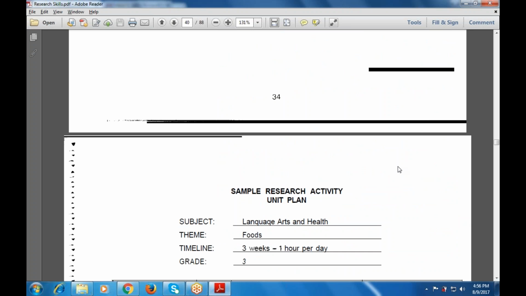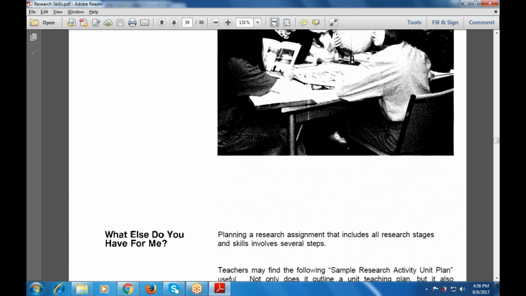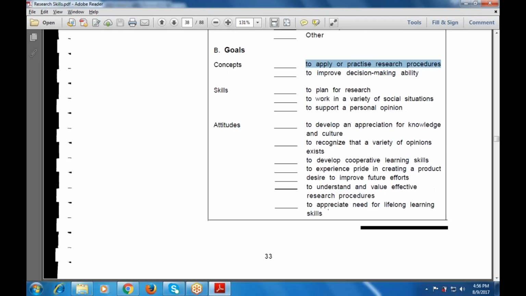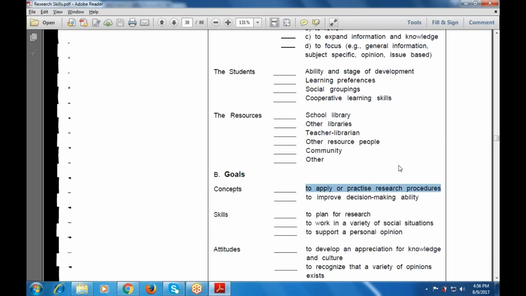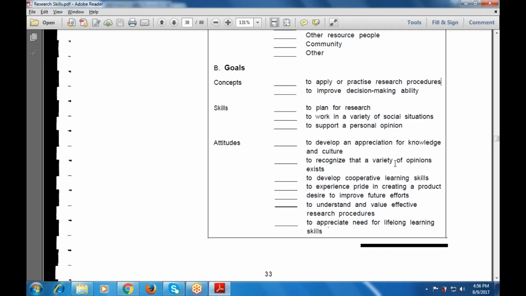The next is a sample research activity unit plan that may be used with the purpose, how to support, how to make the concepts, what the resources are that are available with it. We can say that resources means